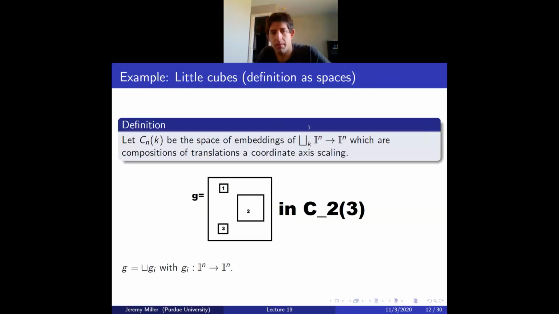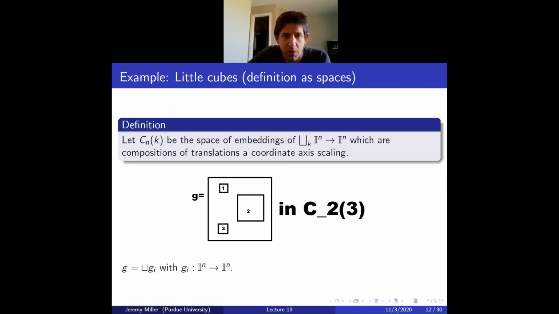So here's another example of a monad. So recall from when we were defining product structures and homotopy groups, that C_n,k is the space of little k cubes in an n cube. So this is the space of embeddings of, so the n cube is just I to the n, and it's the embedding of the disjoint union of k copies of this into I, which are compositions of translations and like coordinate